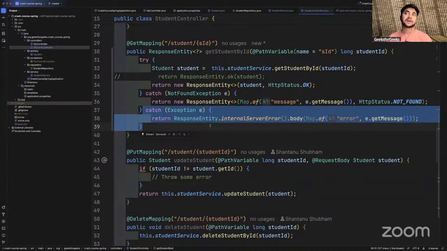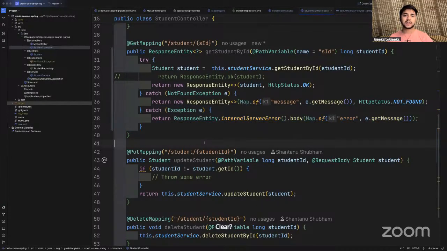That is one of the use cases out of many, many possible use cases. Clear? So this is how we can do exception handling.